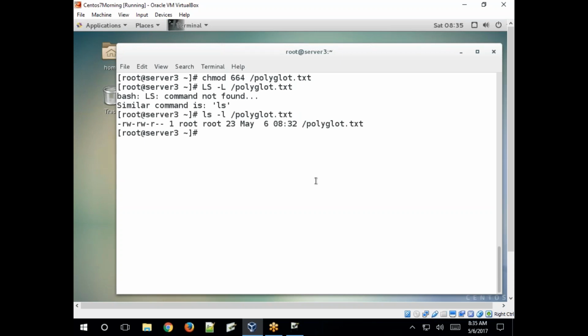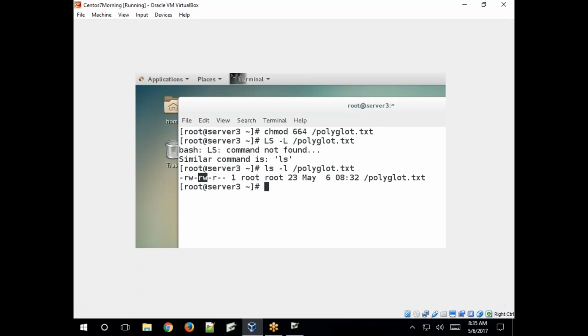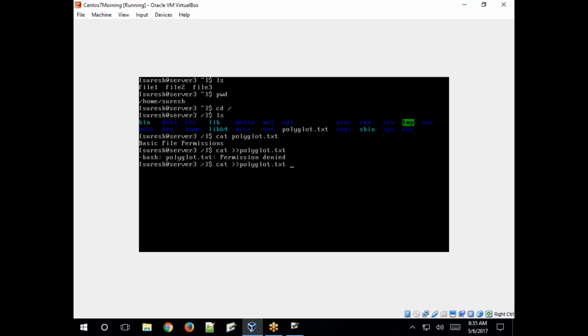Now read write access has been set, right? For user and group having 6 and others having read only permission. Now try to access again, modify. Again it says permission denied because Suresh user does not belong to the file group.